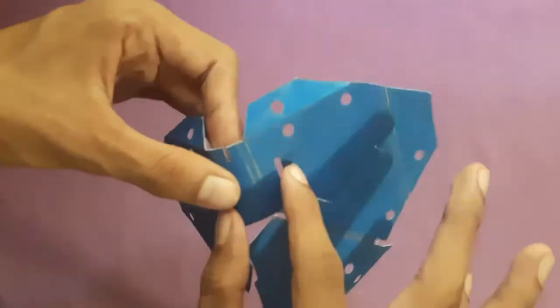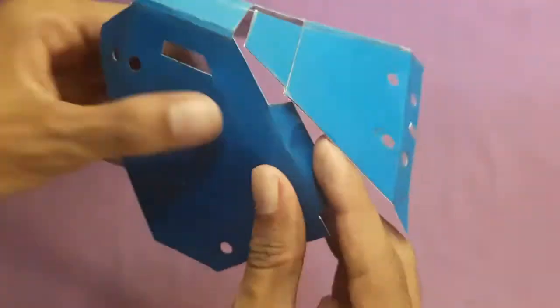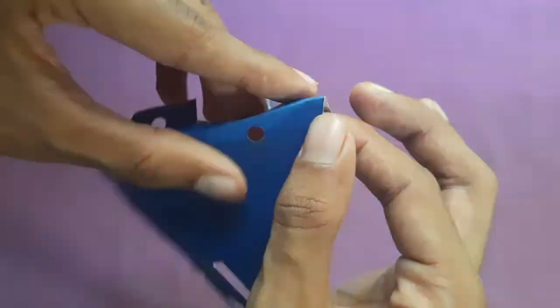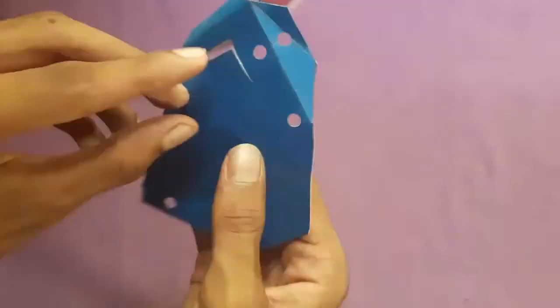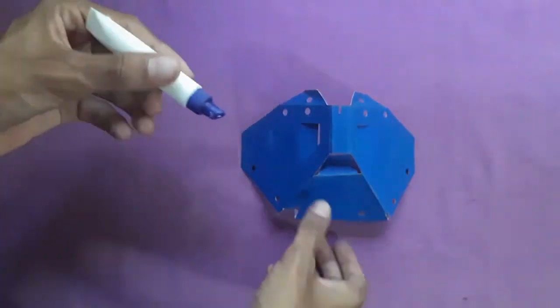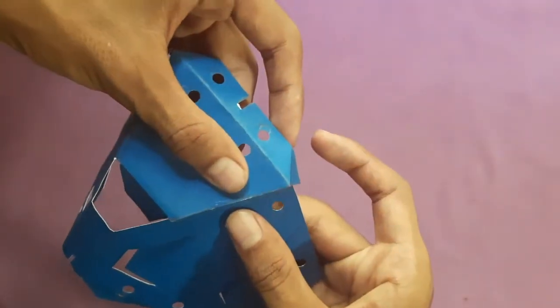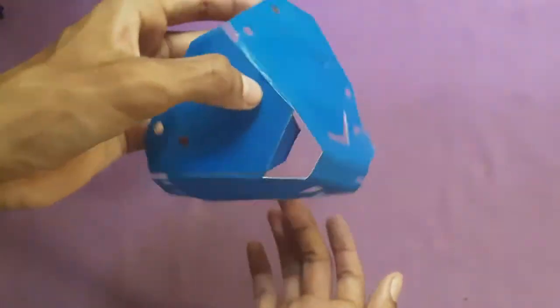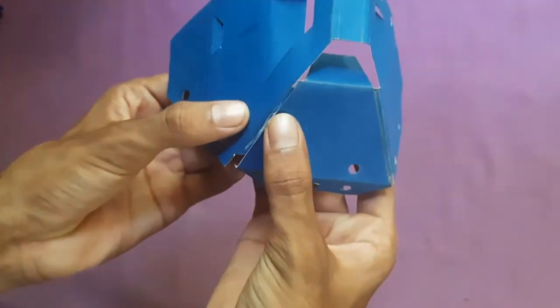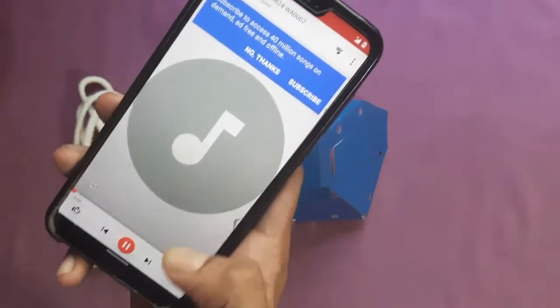You can simply punch holes in the marked sections and then just fold them as shown in the video. Now all that's left to do is glue the pieces together and hold it firmly for some time. Placing the ribbon can get a little complicated, so instead you could just play this song and